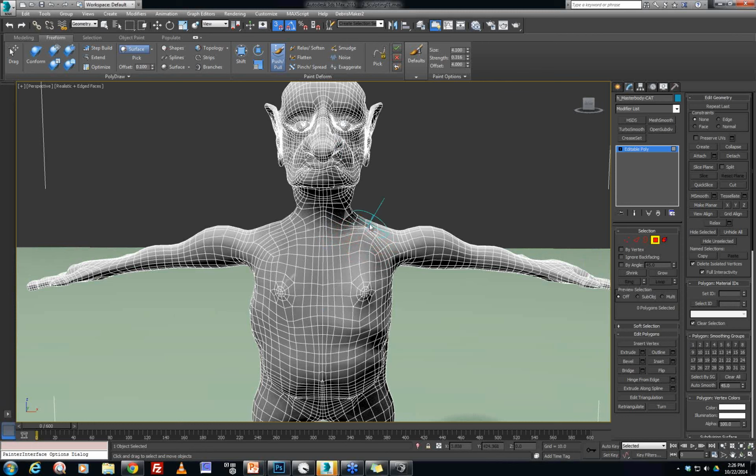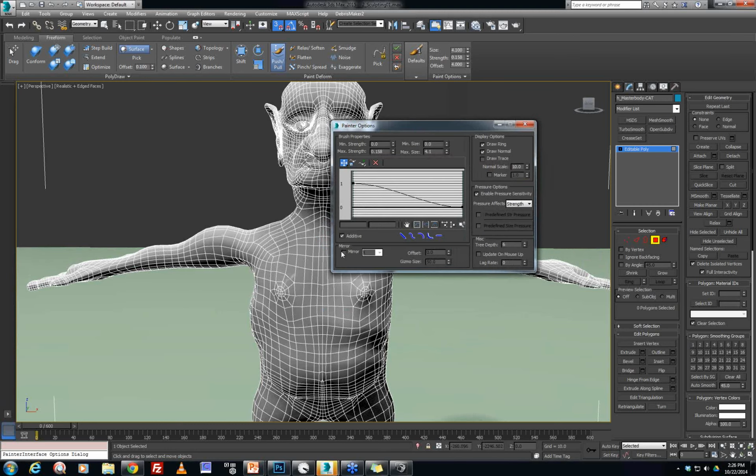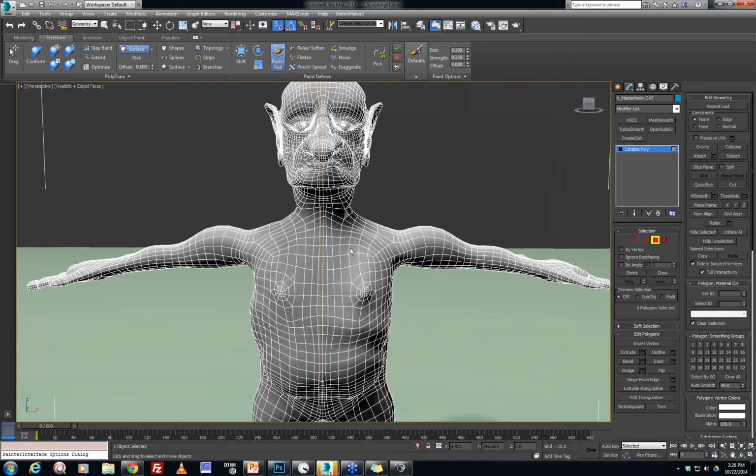I could just come in here and do it all right on the device. So I'm going to reduce the strength a little bit, and I'm going to open up my paint options and open up my brush options, and we're going to go ahead and turn on mirror. I'm going to set this off to the side right there. And so now you can see that if I need to work on any of the topology of this guy,